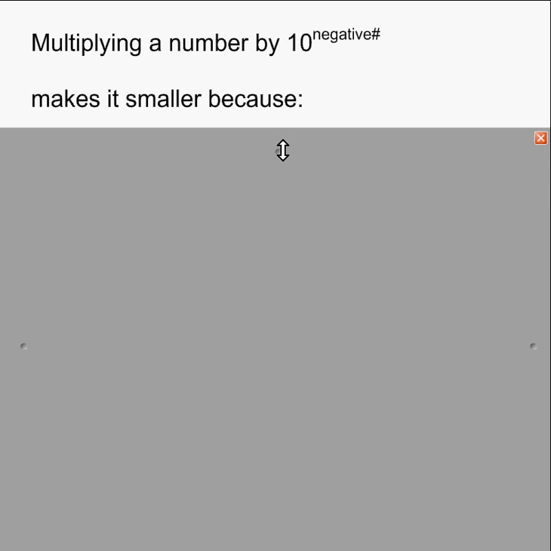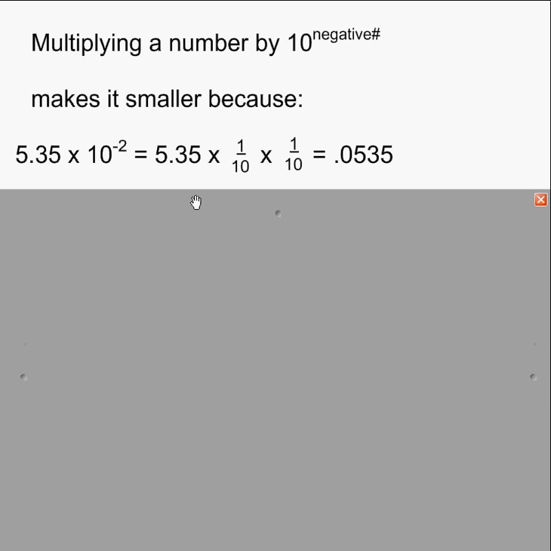It's going to make your number smaller because 5.35 times 10 to the negative 2, that's negative now, that's the same thing as 5.35 times a tenth times a tenth again. Now if I tell you you're only going to get a tenth of what you've earned, you would not be happy of that. You would be very unhappy because you know you wouldn't be getting as much as you deserve. So if I multiply by a tenth and then take a tenth of that, this number is getting very, very